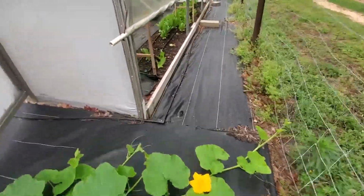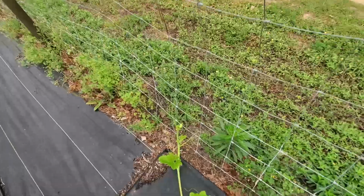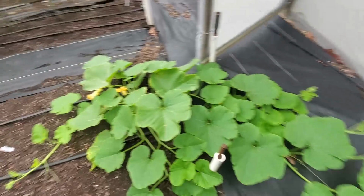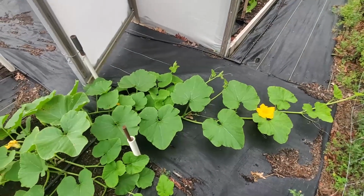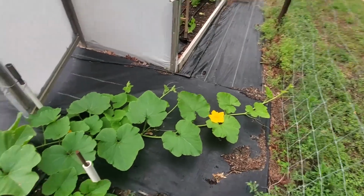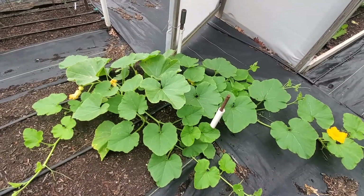I'm having to take and watch it. Now, if it goes outside the fence, that's all right with me. I'll try to maybe train it next to it so I don't have to mow over it. The plans were to run it down between here too. There's plenty of runners. Now, some of these might get trimmed off because